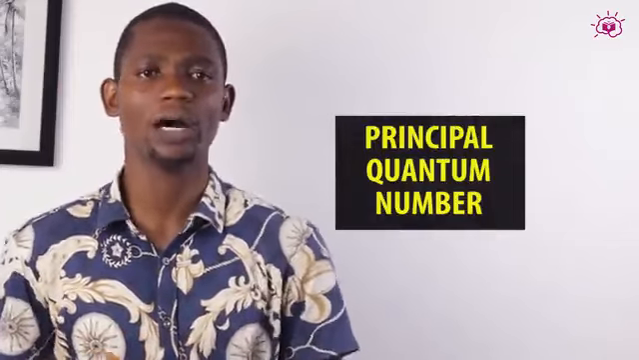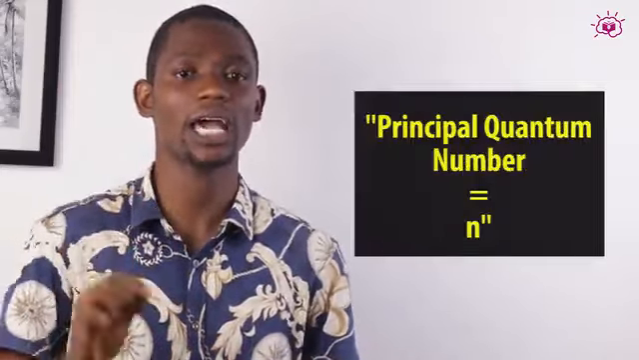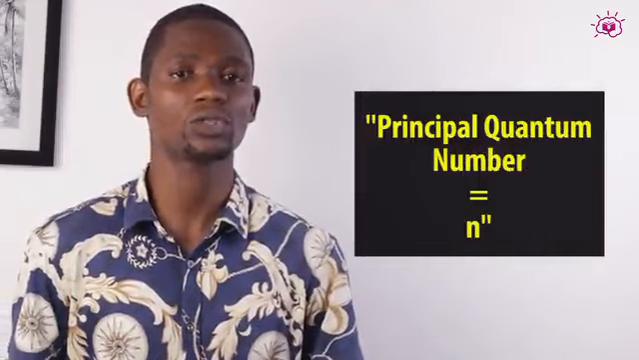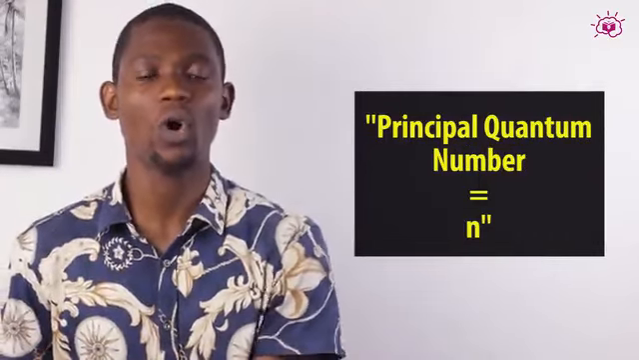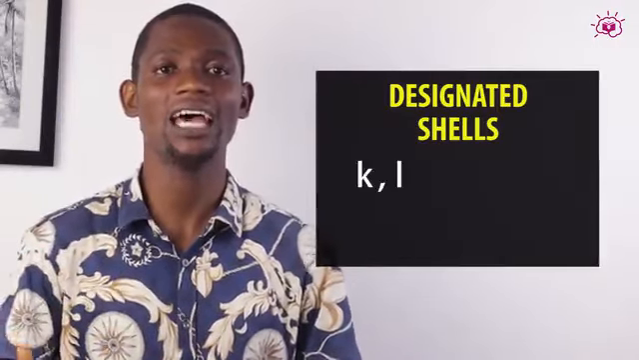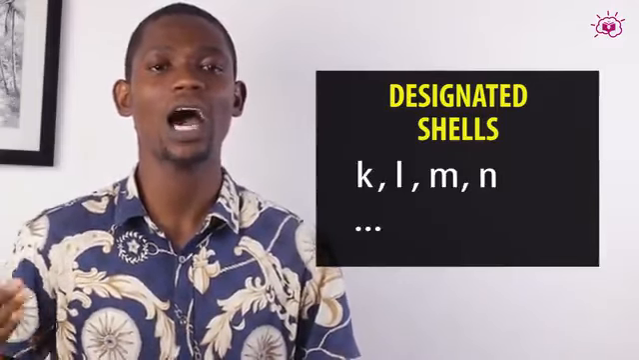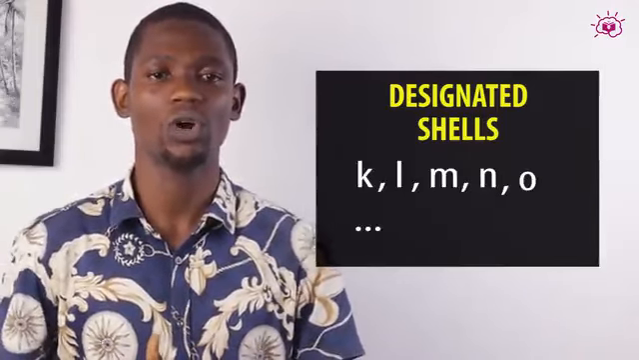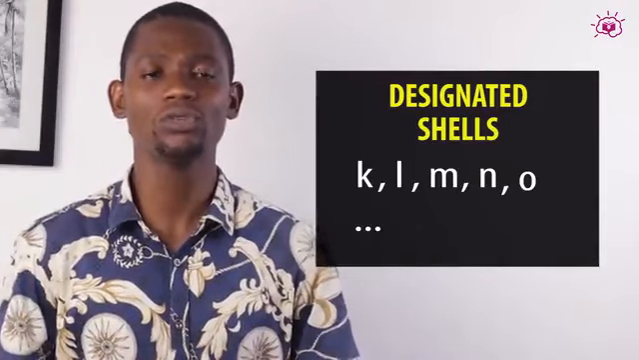The principal quantum number is usually designated by the small letter n. It simply tells us the energy level, or what we call the shell, in which electrons can be found. These shells are designated as the K, L, M, N, O, and so on shells of the atoms. And the values of n, the principal quantum number, are integral values, that is, ranging from 1, 2, 3, 4,